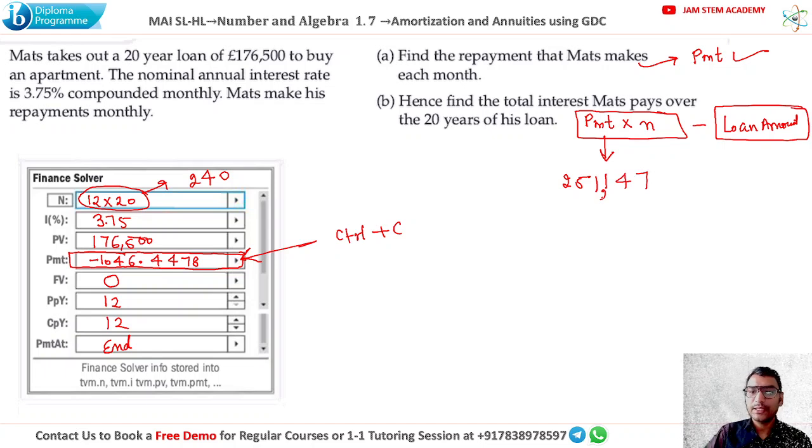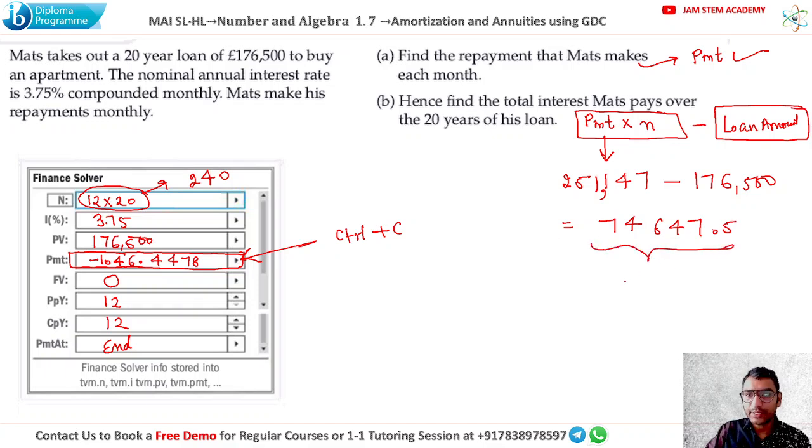251,447. This much amount is to be paid. Now subtract it from the loan amount. What is that? 176,500. So now apply that. I'm getting the answer as 74,647.5. That's the amount. What amount? The interest amount that we paid